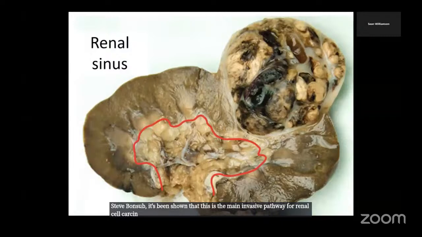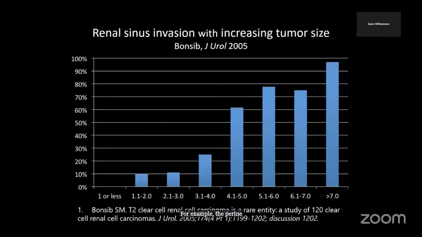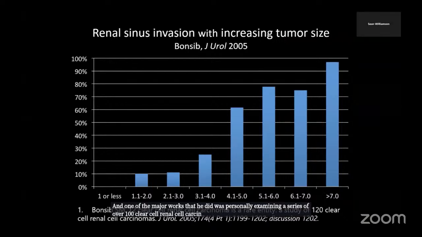They're more likely to invade this way than they are to invade, for example, the perinephric fat. And one of the major works that he did was personally examining a series of over 100 clear cell renal cell carcinomas. He performed a dissection himself on this series of tumors, and he found that as the size increases, the likelihood